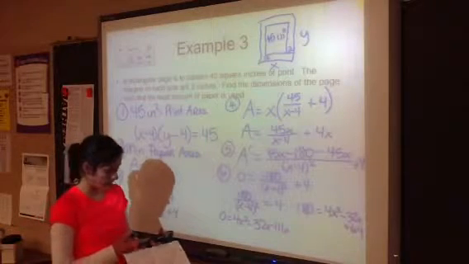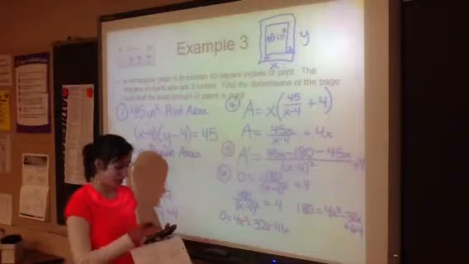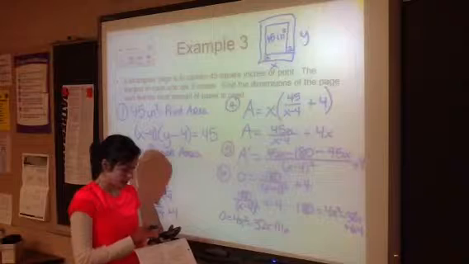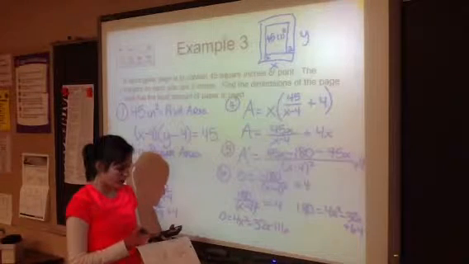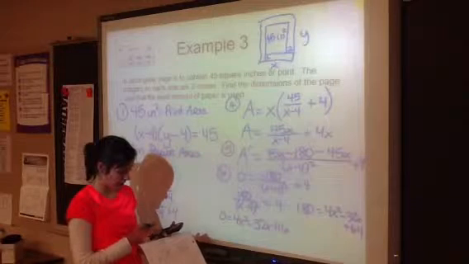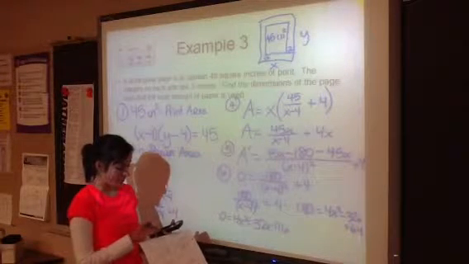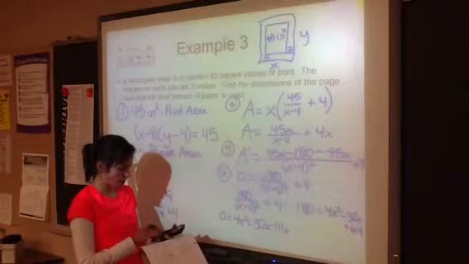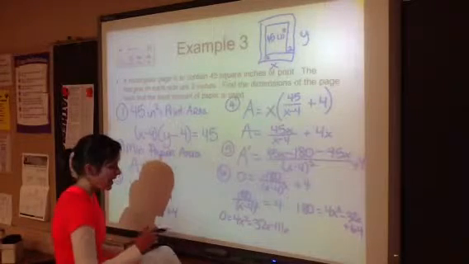So I'm going to do negative b. I'm not going to show this on the slide. Plus or minus the square root of b squared minus 4 times a times c. And I'm going to divide it by 2 times a. And I get